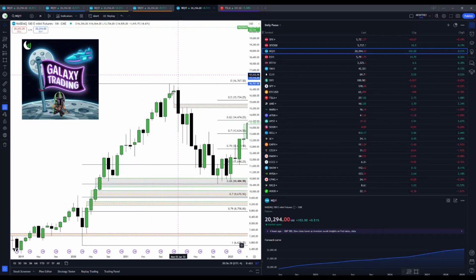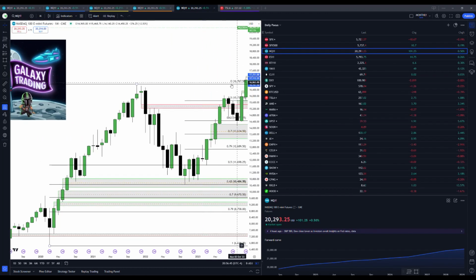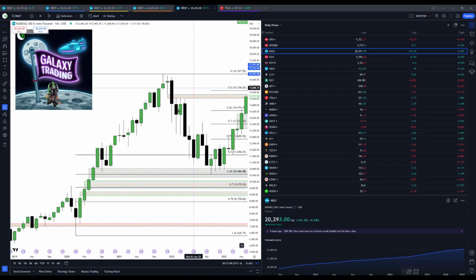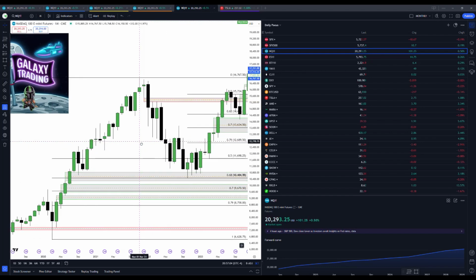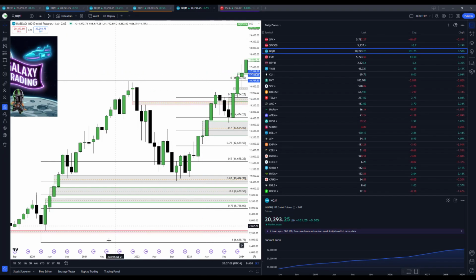But if you can get an idea of where price is going, that doesn't necessarily mean I need to buy this and hold it until we get up to buy side liquidity, right? Because there's a few red candles mixed in. You might want to take some profits. But if you're on the right side of this thing for the entirety of this range from discount to buy side liquidity, which would be a swing high, sell side liquidity being a swing low, that's a lot of points that you're going to be on the right side of things for, right?